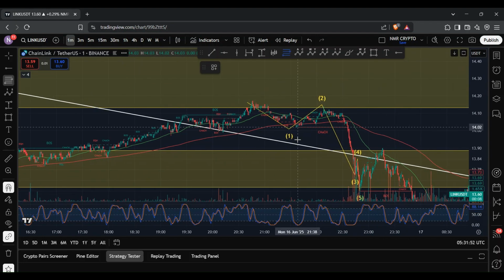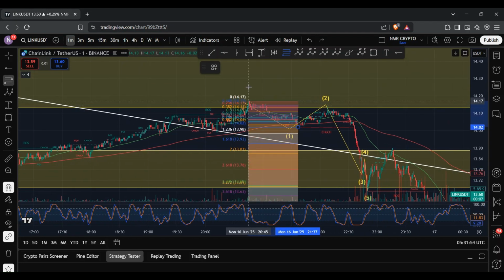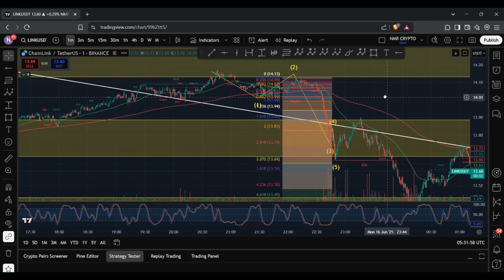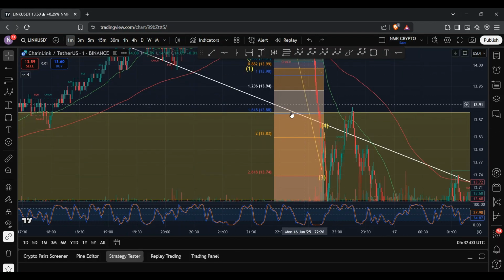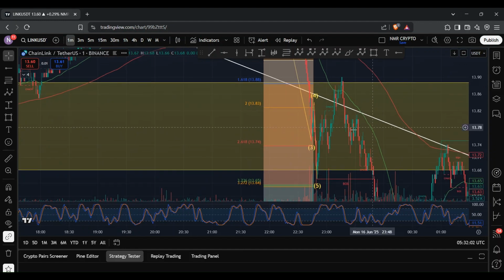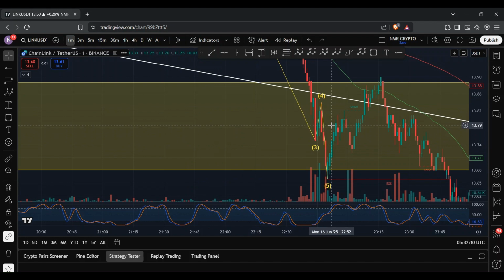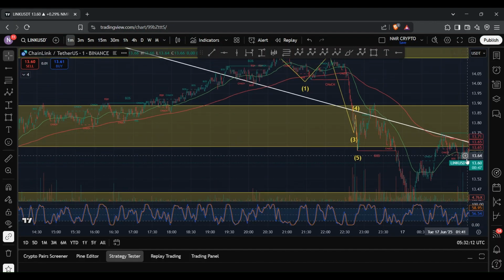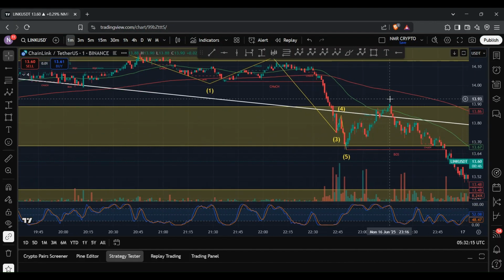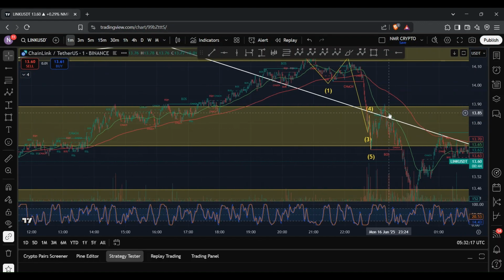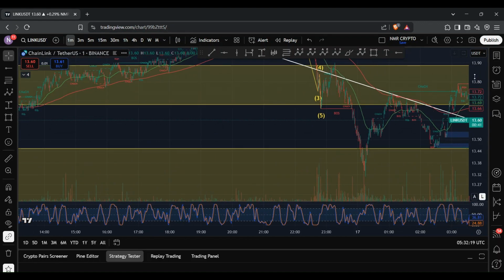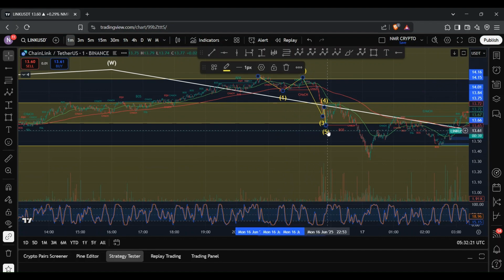So very quickly, if I use the fib tool again and bring that down to over here, as you can see, the 1.618 retracement level sits at $13.88, and we ended up reaching the 2.618 retracement level at $13.74. So it looks like the 5-wave move is complete to make up the W wave, and we had a WXY structure to make up the X wave, followed by another 5-wave move to the downside to complete the Y wave. So again, using the fib tool,